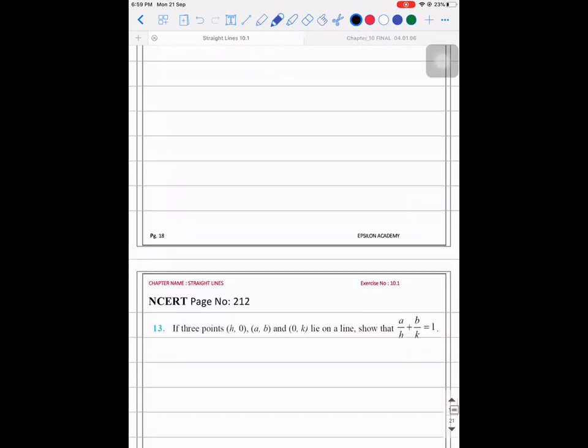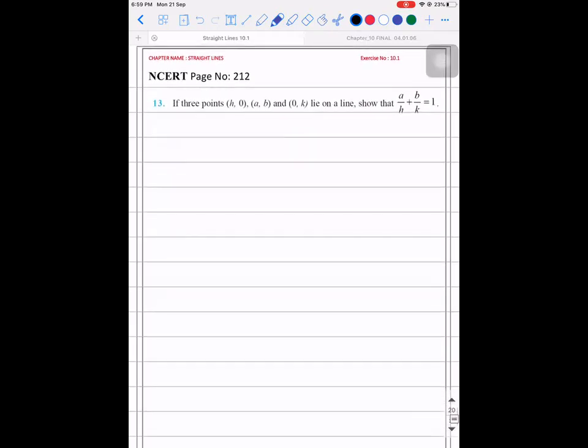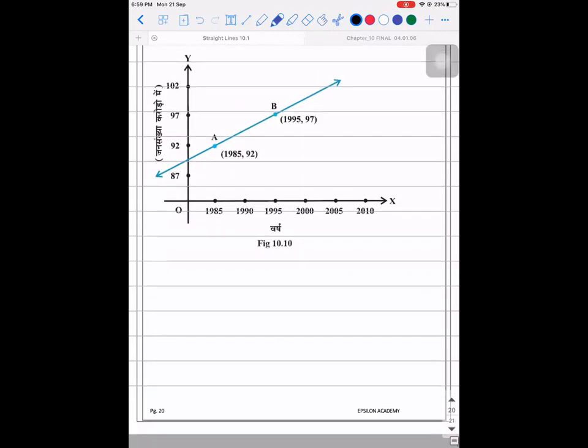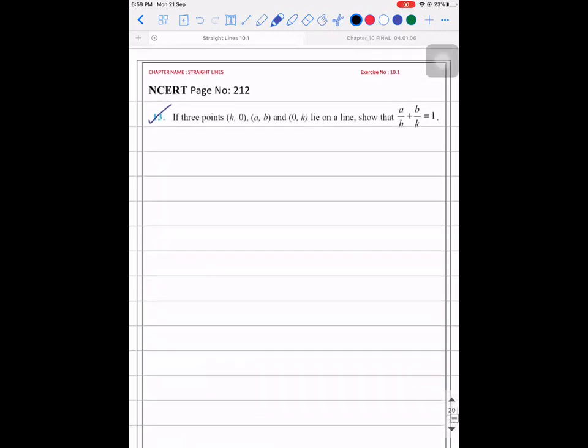Okay. So moving on to the next one. Two more problems. If 3 points lie on a line, show that a by h plus b by k is equal to 1. So solution. 3 points lie on a line, collinear. So if I take this as A, B and C, slope of AB is equal to slope of BC. So what is slope of AB? B divided by A minus H is equal to slope of BC, which is K minus B divided by minus A,